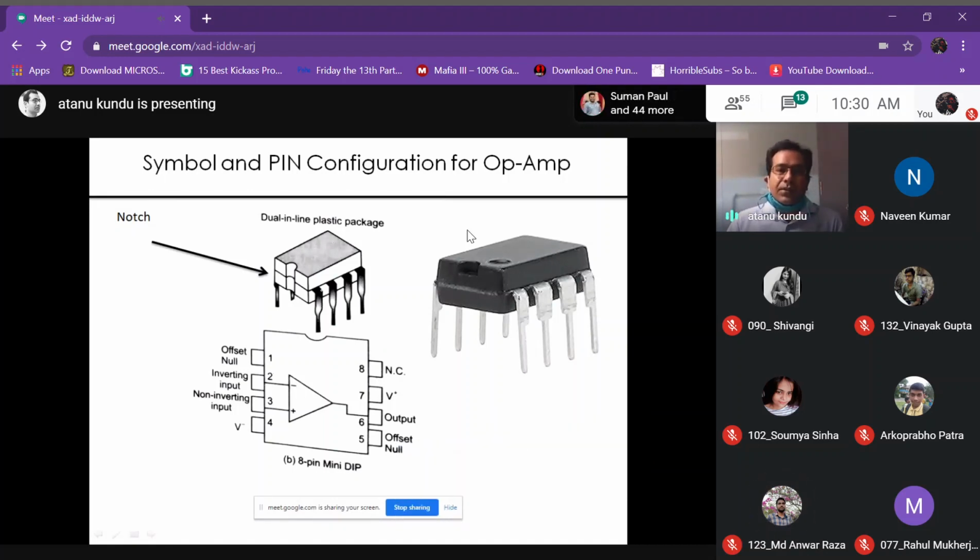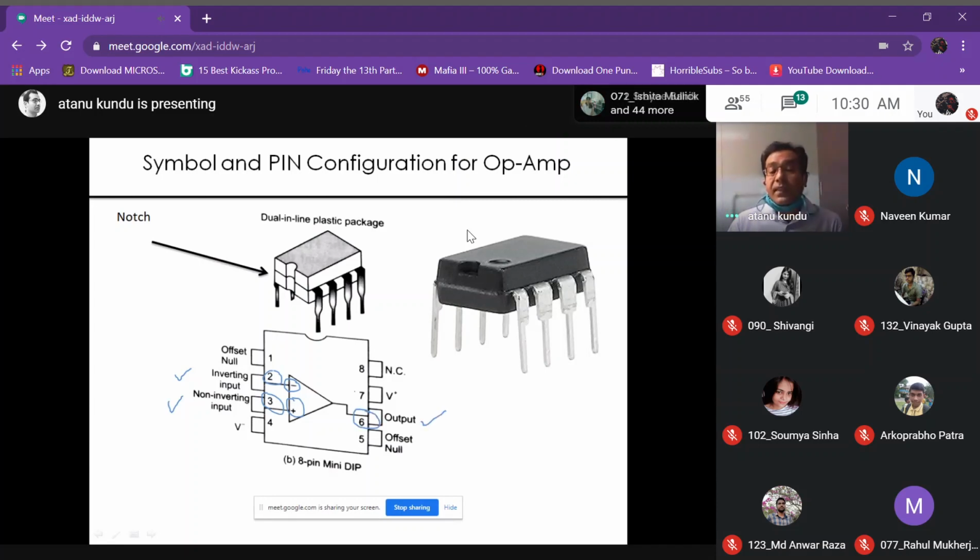So whatever we know so far, we know that pin number 2 is the inverting pin, and pin number 3 is the non-inverting pin. And what is the remembering procedure? I remember like this. This is negative. Negative means lower, and positive means higher. Pin number 3 is more than pin 2, so that's why we consider it positive, and this is the negative. And pin number 6 is the output terminal.